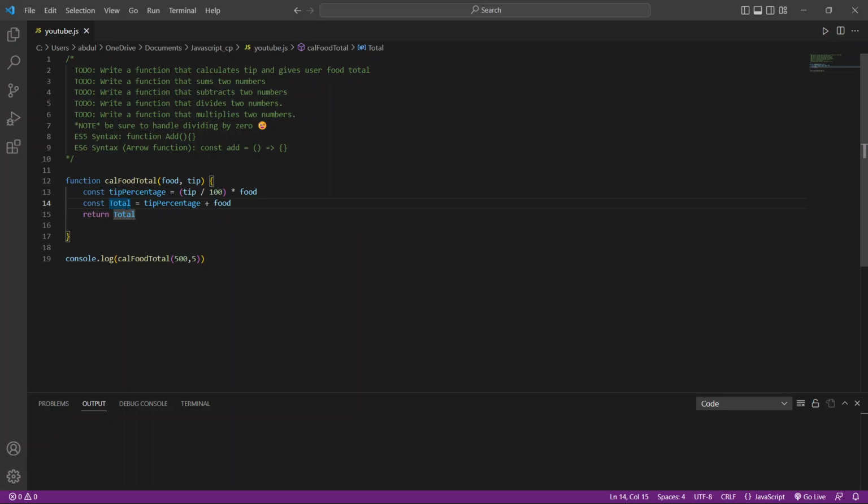final value. So basically, if this is correct, which I believe it is, we should get 525. So let us see if we are going to get 525. Yay! It works. Yeah, so that works. So instead of just writing this formula here,